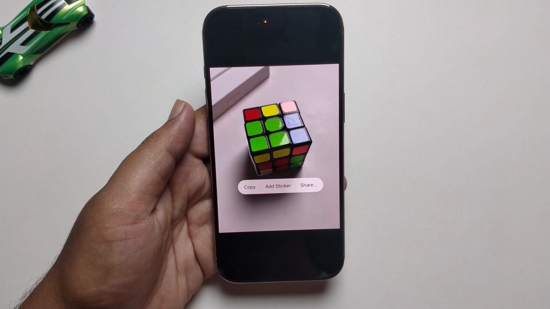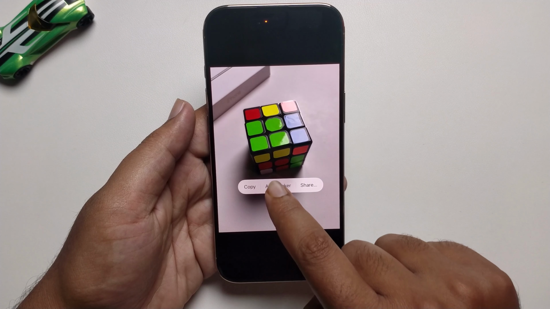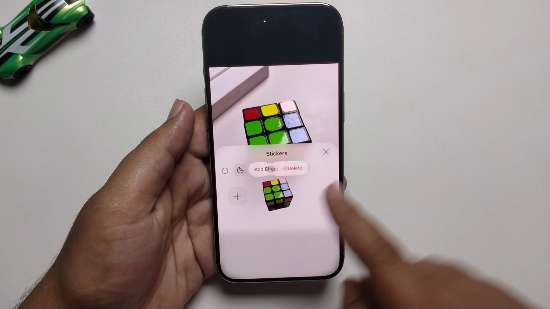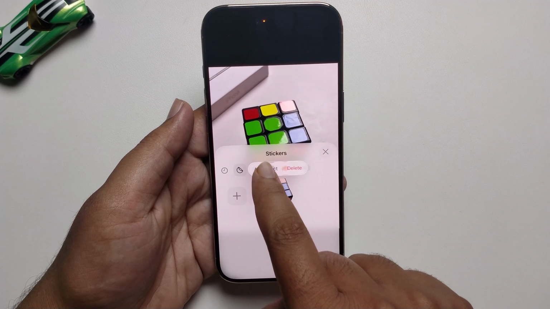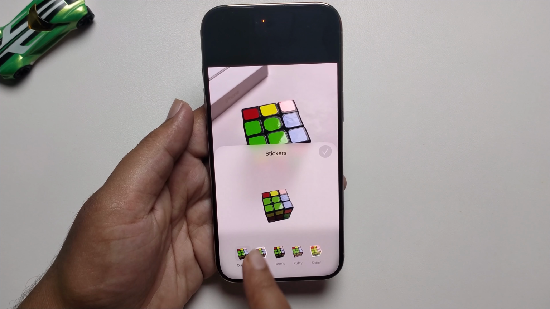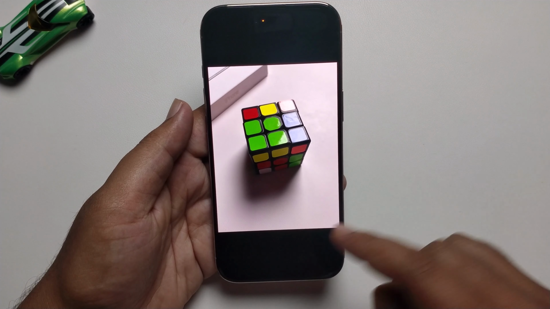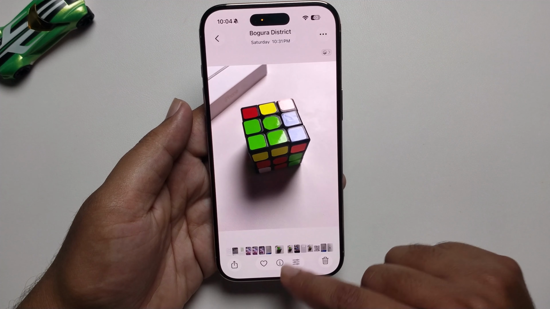okay, then you get the add sticker option, press on it, and now add this sticker. If you want to add an effect, okay, show more effects, select one, and now it's set up. And I'm using this,